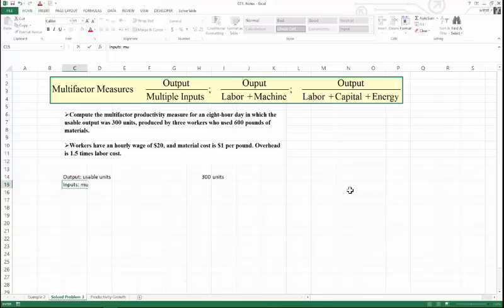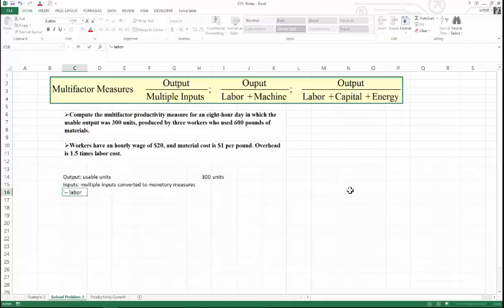For those multiple inputs, the important thing is that they must be converted to monetary measures. So this is how we're going to do it. What kind of inputs do we have here? First,